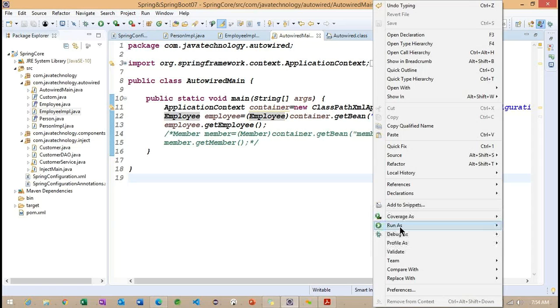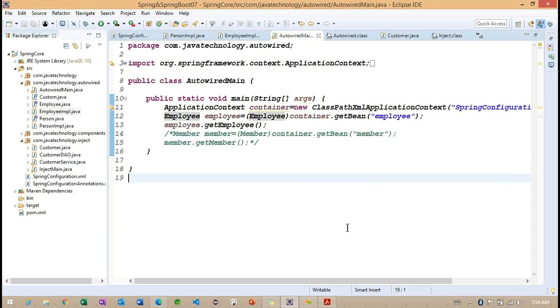Let me run one more time. Okay. So we need to debug the same code here. Why are we not getting an exception here? Basically, we need to get an exception here.